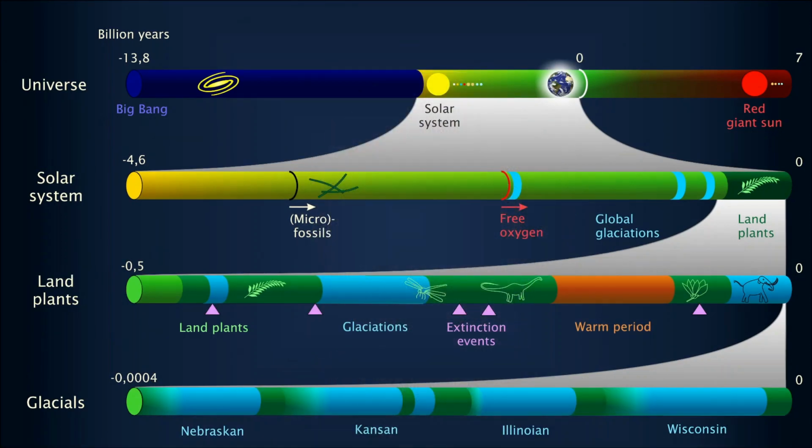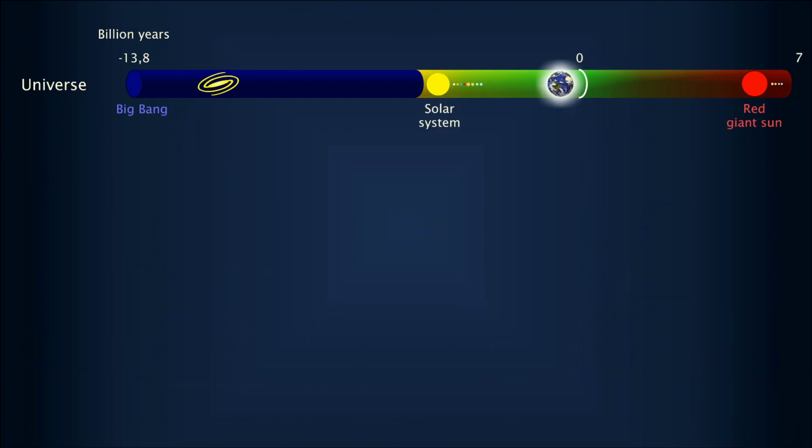Why do I need so many time axes on my picture? Why isn't one time axis enough? Well, if you want to, for example, show the history of land plants on the topmost time axis, this will only be a very small area around zero. So the history of the universe is a very long history, and many things that are interesting for us happened more in the recent past, and therefore we need different time axes to show them.